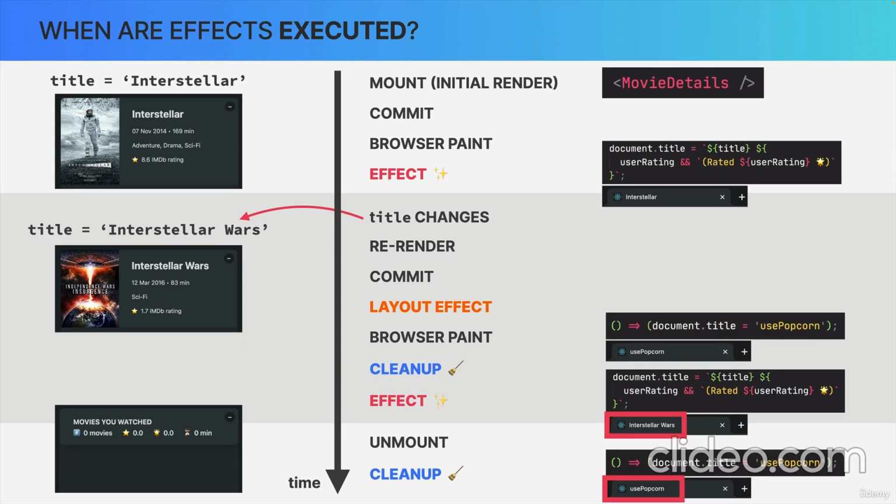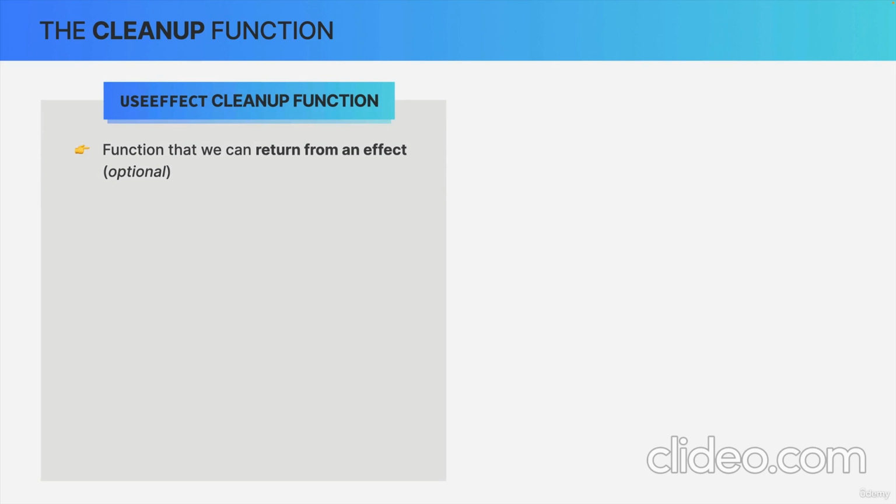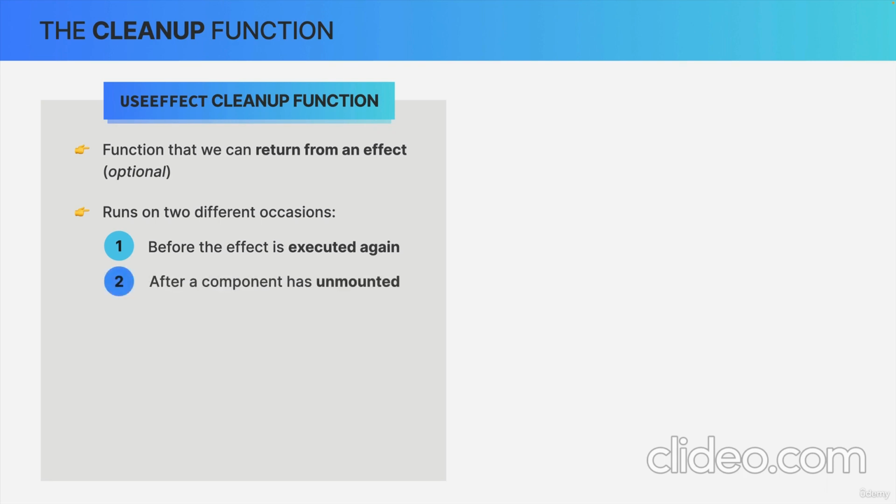So let's recap this important new information that we just learned. So the cleanup function is a function that we can return from an effect. And I say can because the cleanup function is optional. So we don't have to return one from the effect. Now the cleanup function will run on two occasions. First, it runs before the effect is executed again in order to clean up the results of the previous side effect. It also runs right after the component instance has unmounted in order to give us the opportunity to reset the side effect that we created